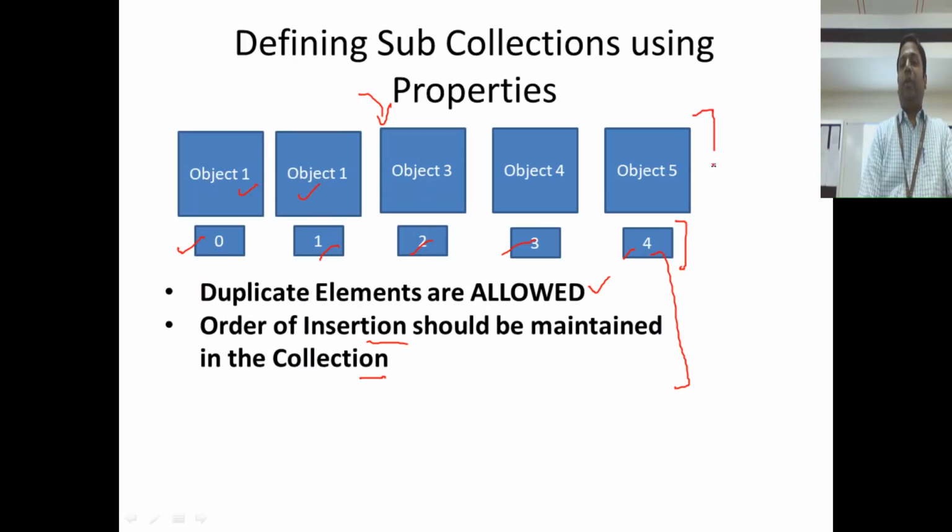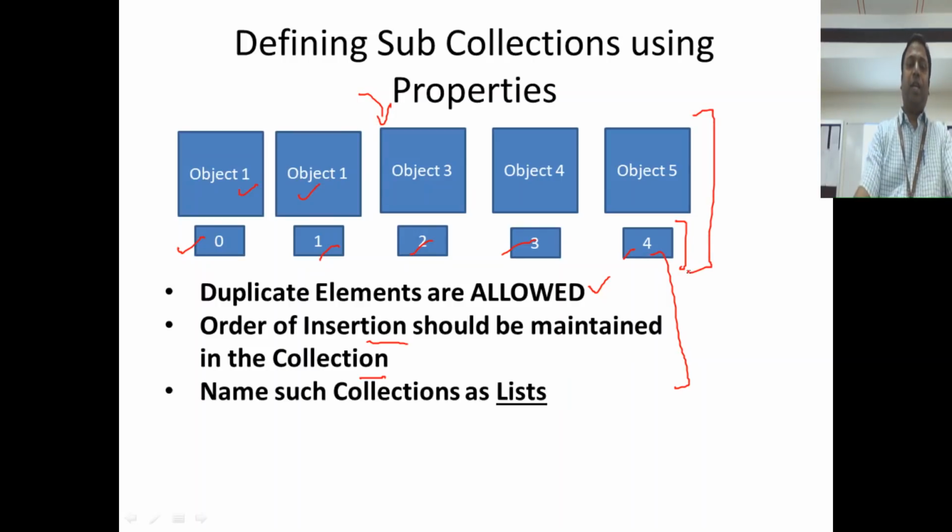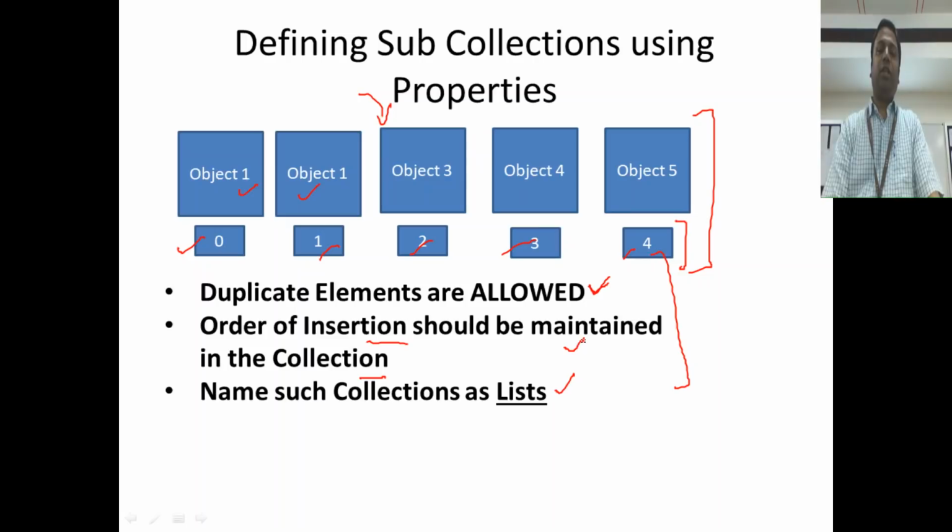So when you're performing all these things on a collection of objects, and when your collection has got these properties, you call that collection to be a list. You can name that collection to be a list. So what are lists? Duplicate elements are allowed in my collection. Insertion order is very important. So such collections are called lists. One of the important things is you'll maintain indexes to maintain insertion order. So list is a type of a collection. You all agree? It is containing some objects, but we define some properties and say this kind of a collection